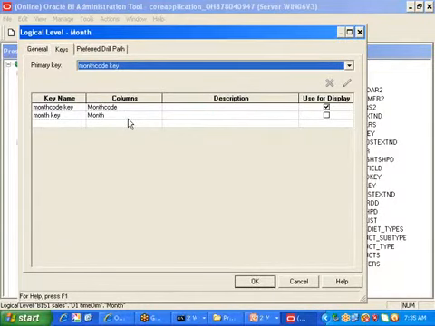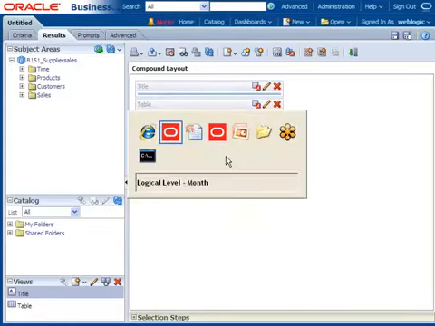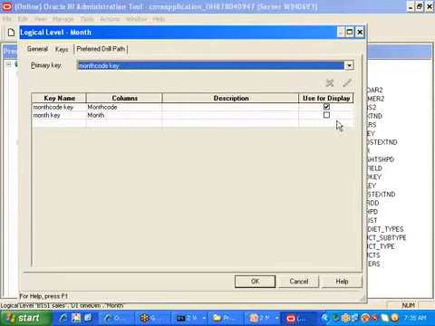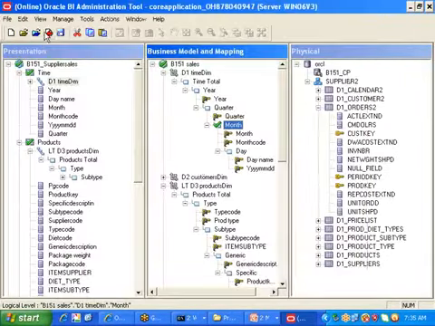Now I want both the columns. I mean to say, if I click on the quarter value, we are seeing either month or month code. But I don't want it like that. I want both the columns. What will we do? I need to make both the display columns. You mean like this? Okay, we'll try it. Click on OK.